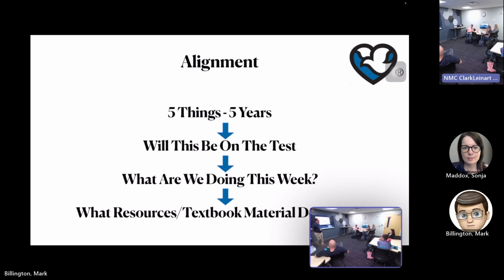Because in the end, if I'm asking people to do a bunch of stuff that's not here, then you do hear that comment, it's just busy work. Where does it really apply? So if you can communicate this alignment to your students, then they're going to probably give you a much better review when it comes to class evaluations, because they know and they see the relevance of all of that different stuff that's going through.